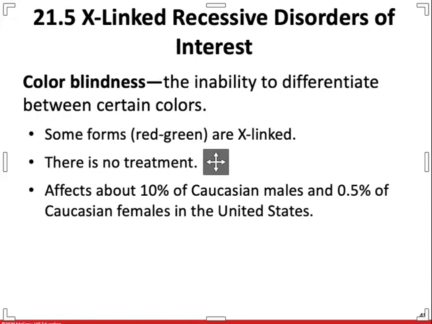So there are a couple of X-linked recessive disorders, and I'm just going to mention a few of those. We'll go through quite a few of them in our lab time, but I'm going to just mention them for now. Like I said, color blindness, the inability to differentiate between certain colors. Some forms, like the red-green color blindness, are going to be X-linked. There's no treatment for it. It affects about 10% of Caucasian males and about 0.5% of Caucasian females in the